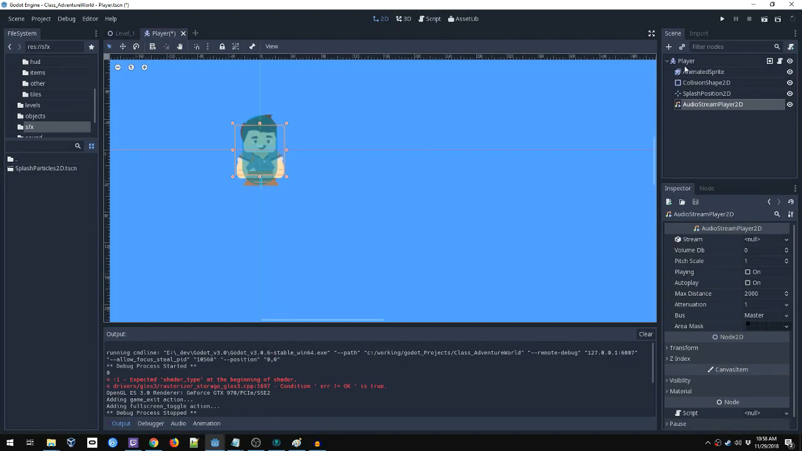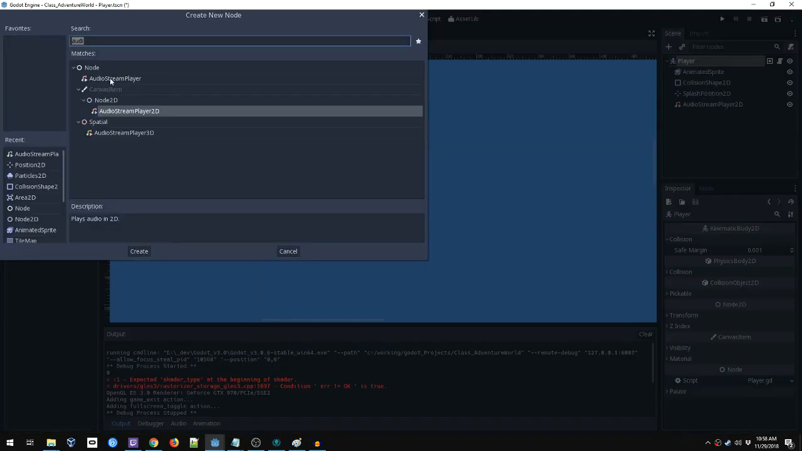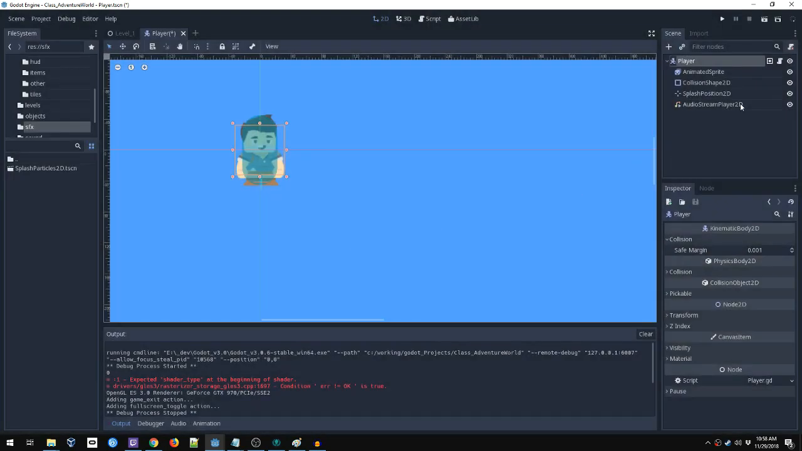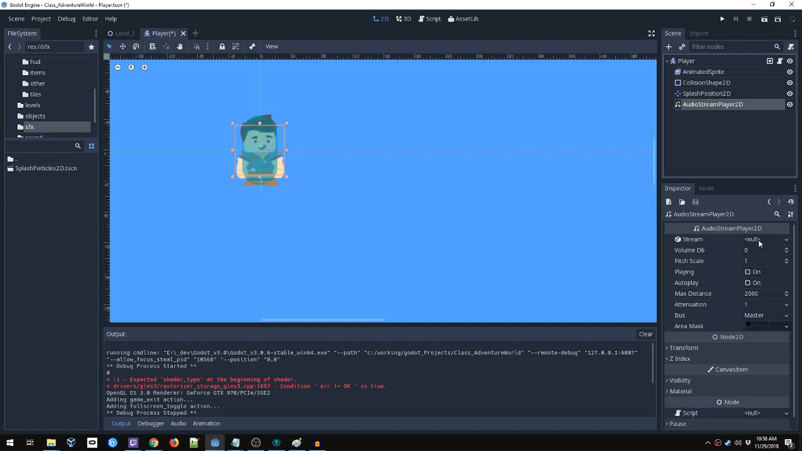The regular audio player will just play the sound no matter what, kind of in the center. And this one is for, you know, obviously 3D. So here it's asking for a stream, so let's go up to sound, we'll drag in splash, and playing is false, and autoplay is false, and I think that's okay, because what we're going to do is